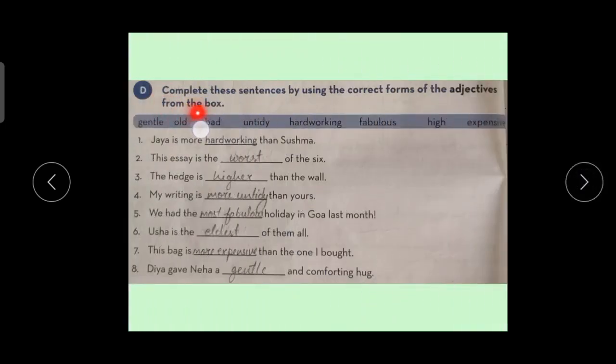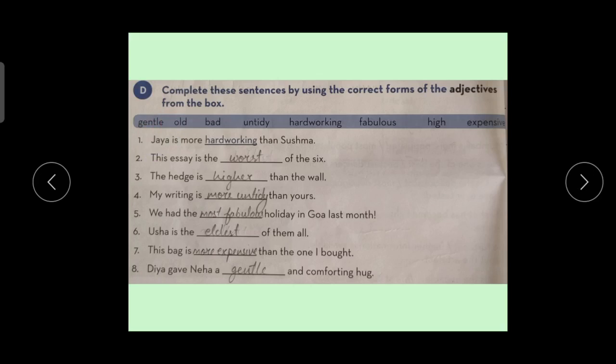Exercise D. Complete these sentences by using correct forms of the adjectives from the box. Dear students, as you can see, this box is given and it has got different adjectives given here. We have to use the correct form of these adjectives, like the word gentle. We can't use the word gentle as it is given here. We have to